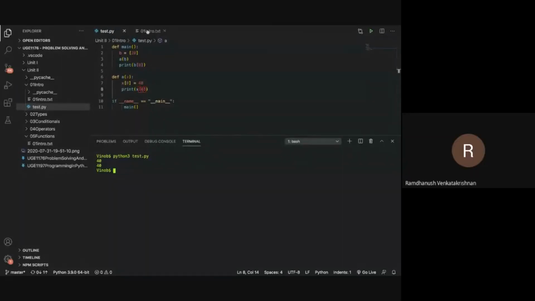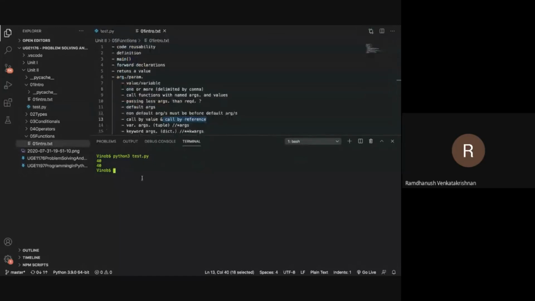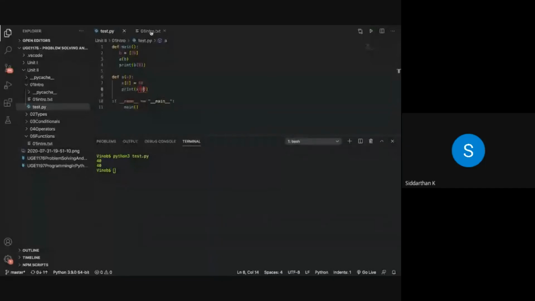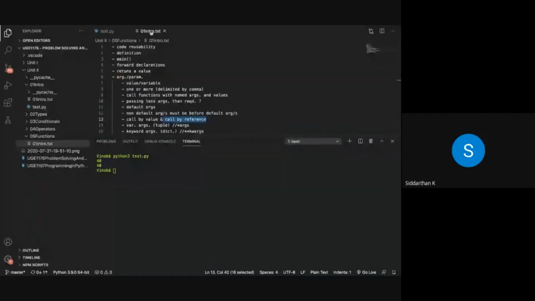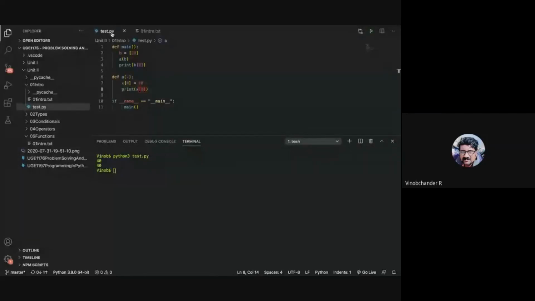Sir, unlike C or C++, where we can use pointers to call by reference even integers, we can't do that in Python, sir. You don't have pointers in Python. Yes, sir. Sir, without list we cannot do this? Without using list, you cannot do this. Sir, why can't we pass just the integer alone? That is what we have seen. When we pass the integer alone, it is called by value. Yes, sir. Integer alone is not globally affected since it is immutable.